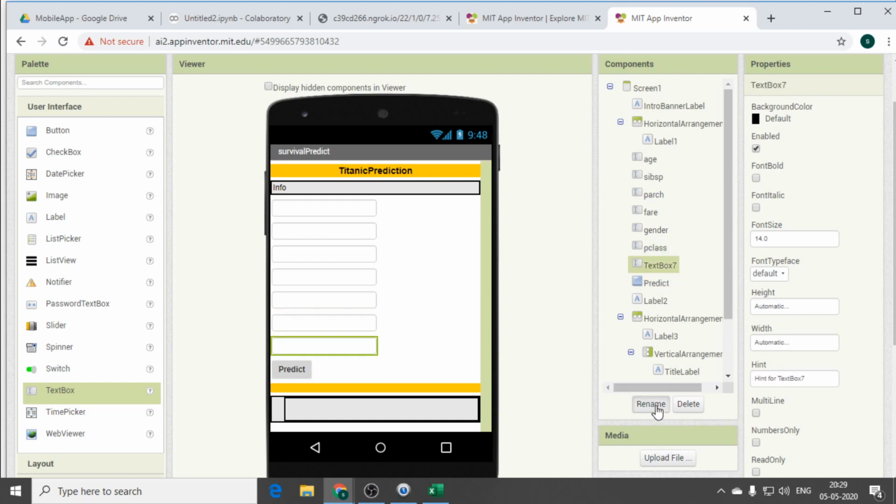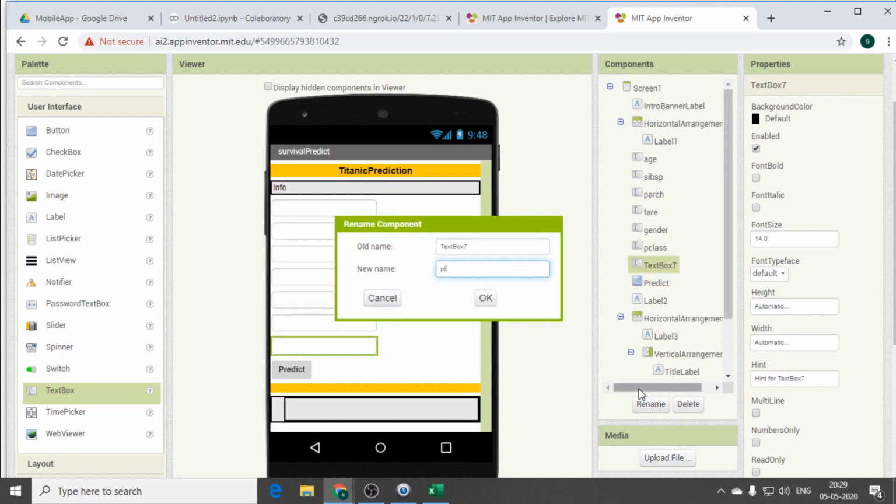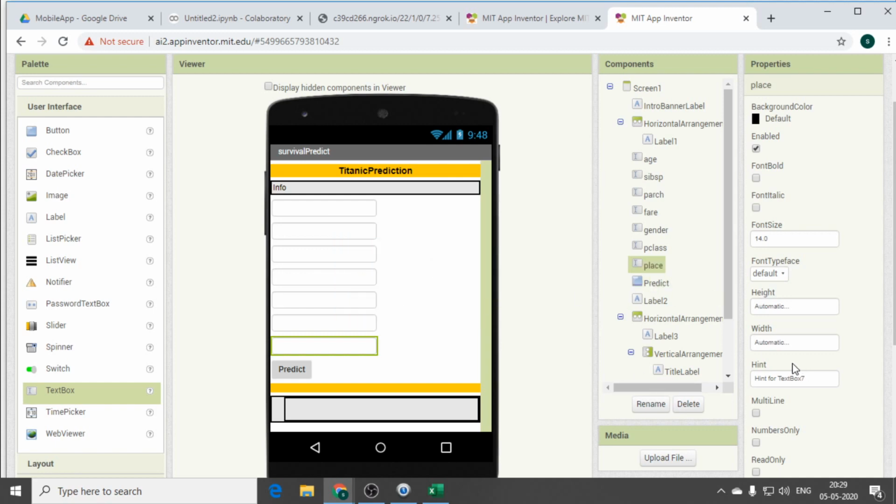And for text box 7, you can see that as place. You can give any place over here for suggestion. Place. Right? So you can see the changes applicable in your mobile phone. You have mentioned all the fields. Now you need to create the blocks, because your overlay is done and you need to set up the app. It will take just 10 minutes. Spare your 10 minutes for the application. You are going to enjoy that.